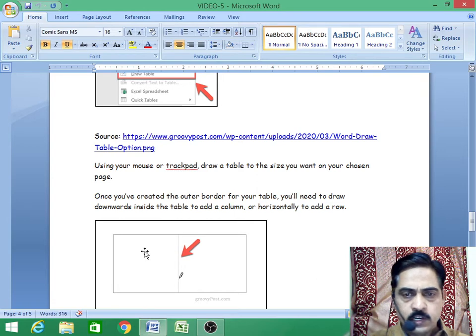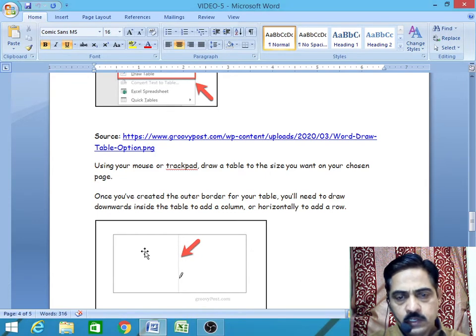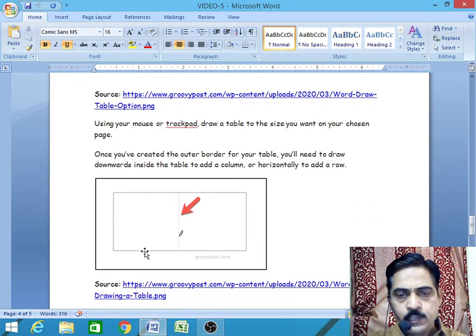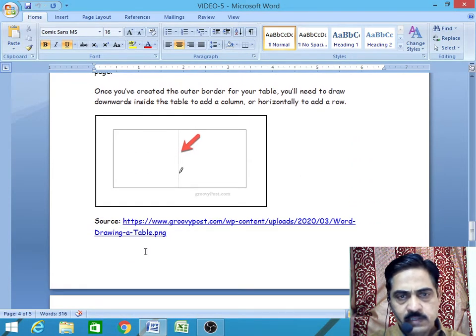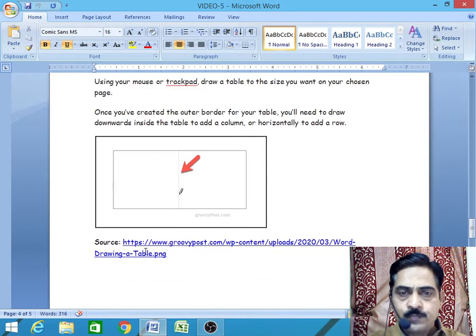Just as we draw a table in our notebook using a pencil, in the same manner we have to draw the table by using the pencil. Then we have to make the rows and columns.